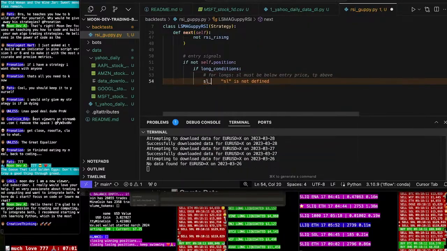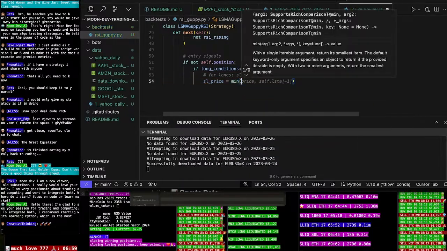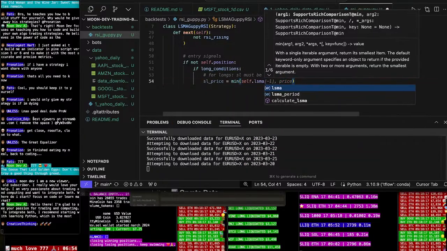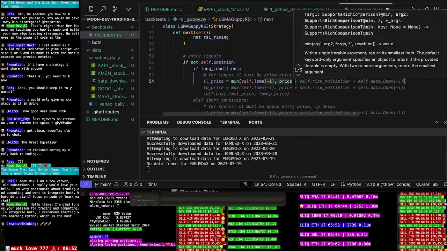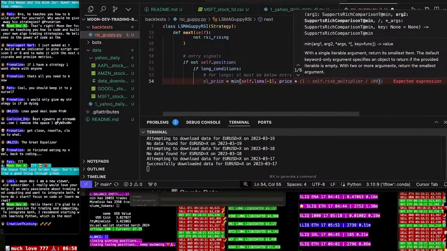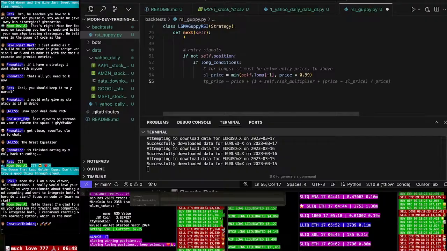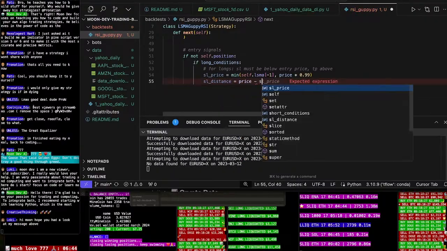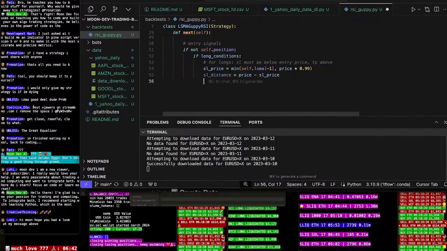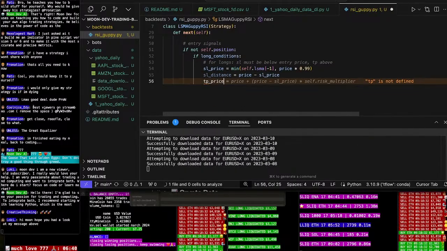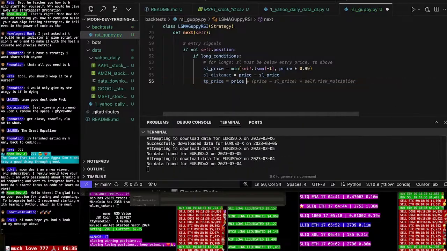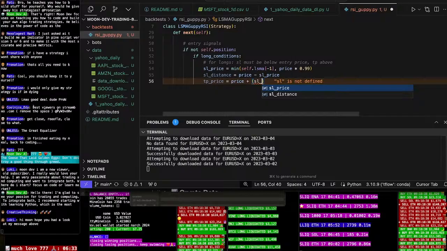SL price here equals min of self.lsma -1 price, but then multiply it by 0.99. Okay, and then SL distance here equals price minus SL price, okay? And then TP price here equals price plus SL distance